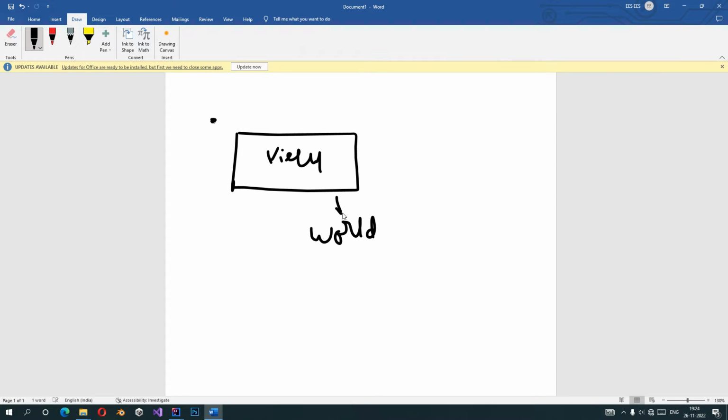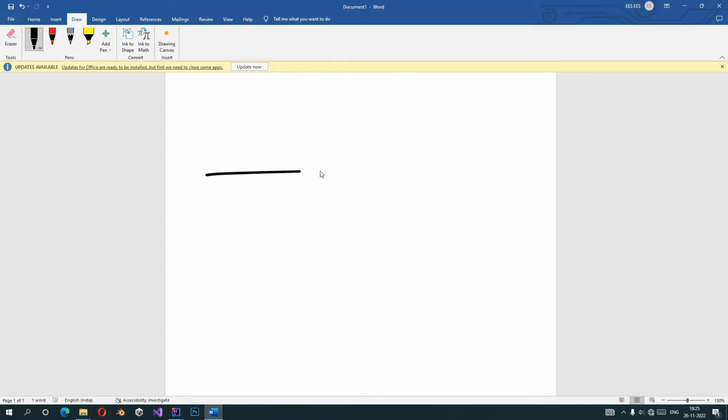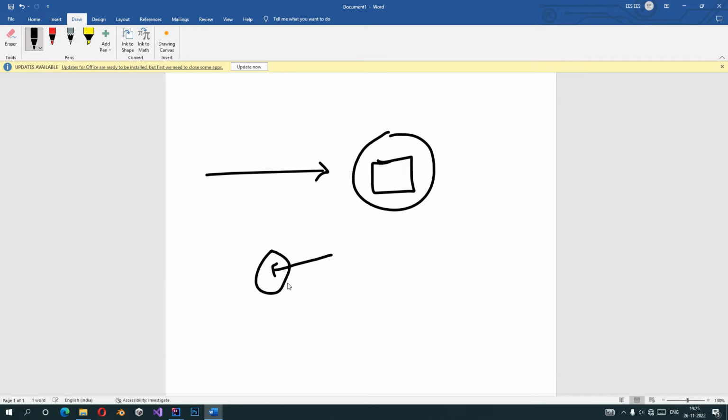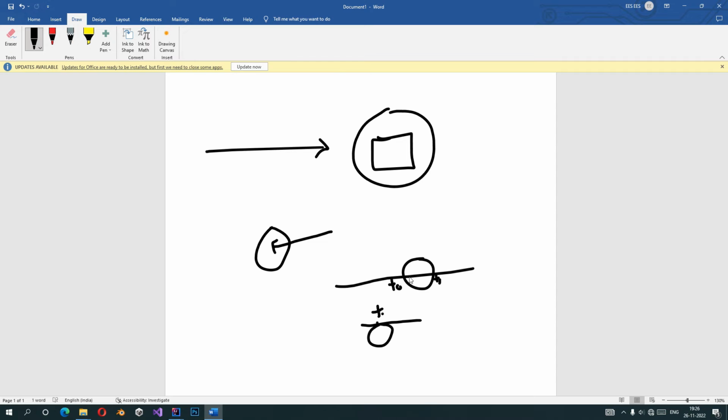So we need to convert the mouse coordinates from this to this, and this is where most of the logic is. So we have a ray and a sphere. All of our objects are covered with that sphere, so we check if it has intersected. And I wouldn't like to explain how this works because it will become kind of boring, and I also myself don't understand how this works. I just